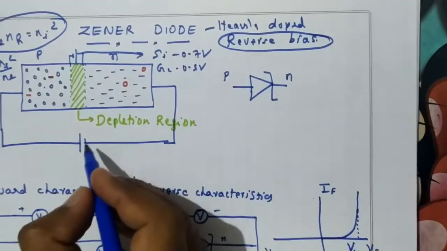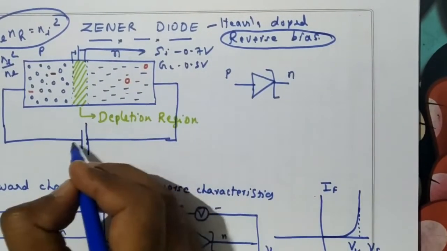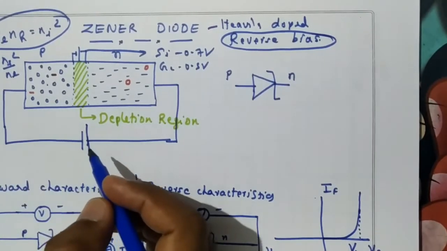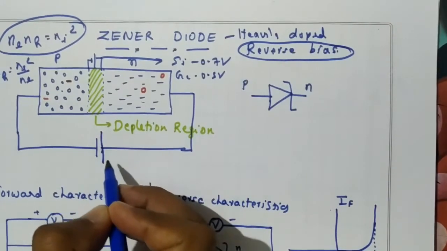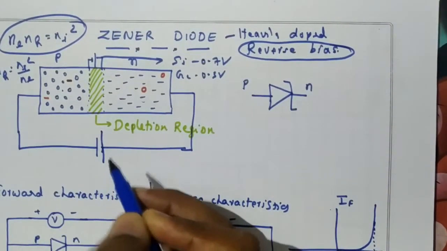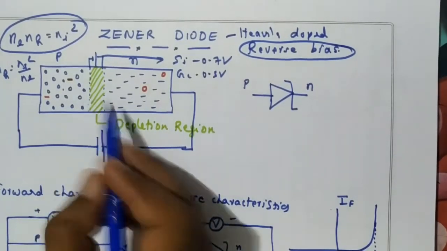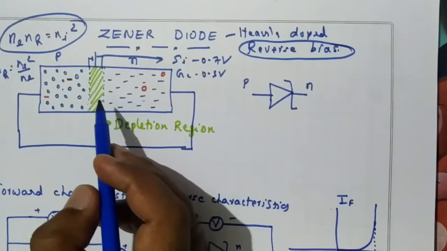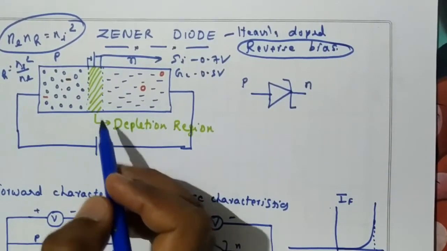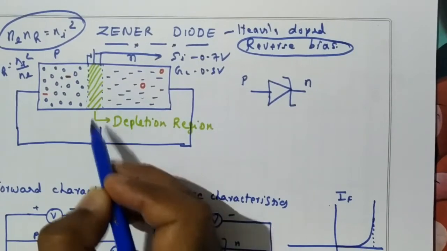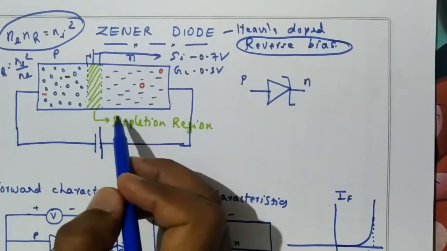Here, higher potential is connected to the N side and lower potential is connected to the P side. What happens now is, when you increase the reverse bias, the width of the depletion region also gradually increases. To understand this, again you should know the forward and reverse characteristics of a PN junction. The link is again given in the description. You can refer to that. Only minority charge carriers cross the junction, as in the case of an ordinary diode. It is the same here also.